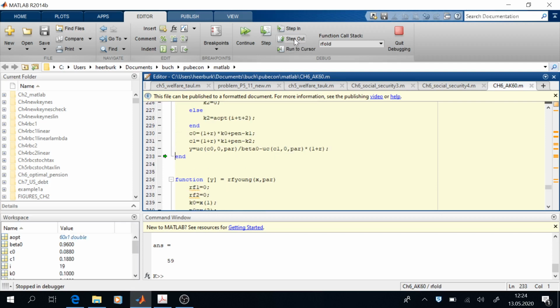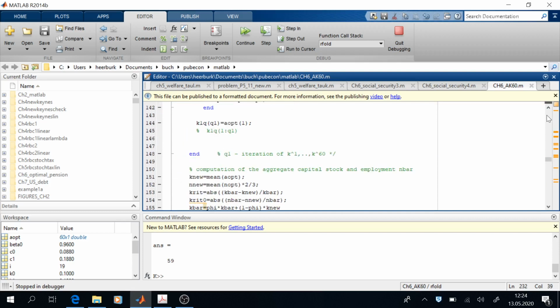So let's step out here. And the variable y here just is the Euler equation. So if it's equal to 0, we solve the Euler equation. So we want to find the 0 of y. And you can see here we have marginal utility today is equal to marginal utility tomorrow times beta times 1 plus r. This is just our Euler equation. And we solve this function here